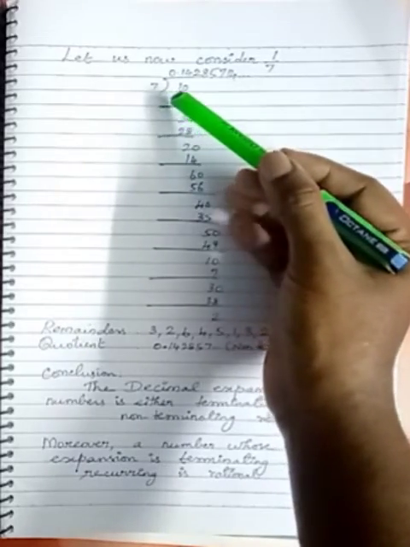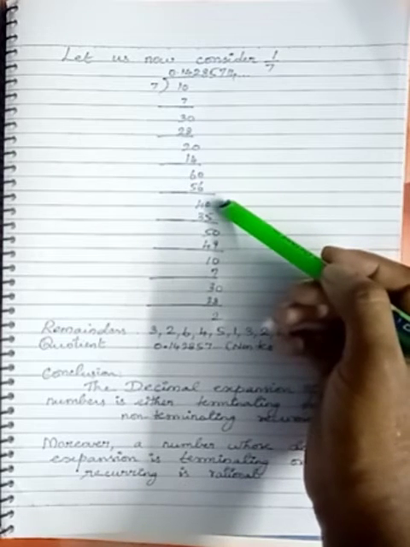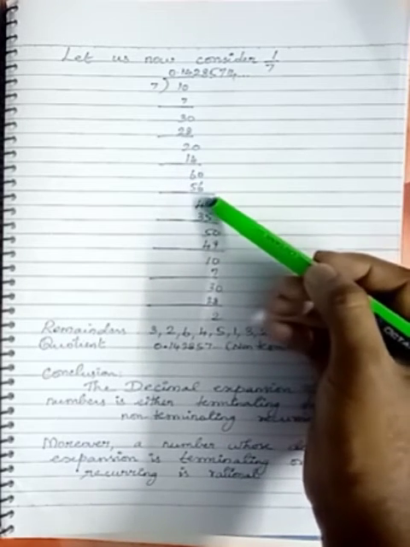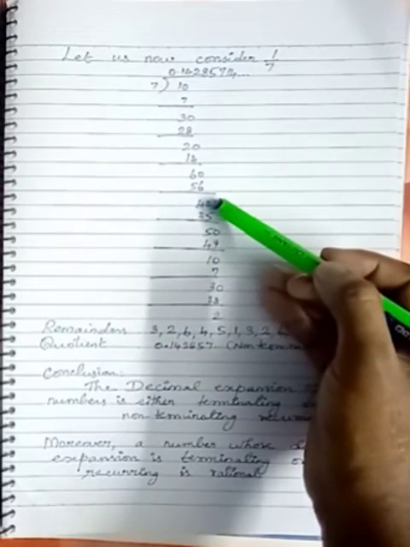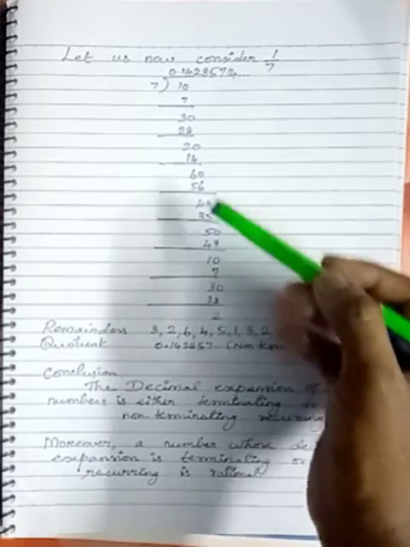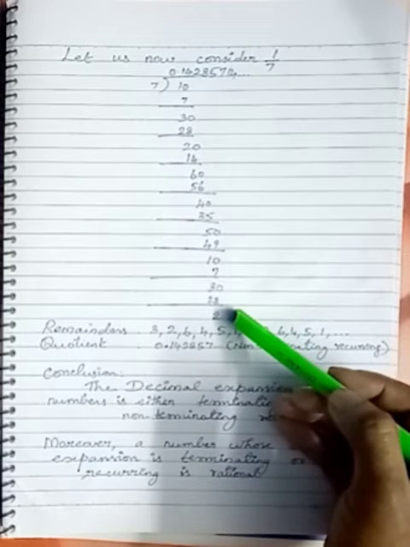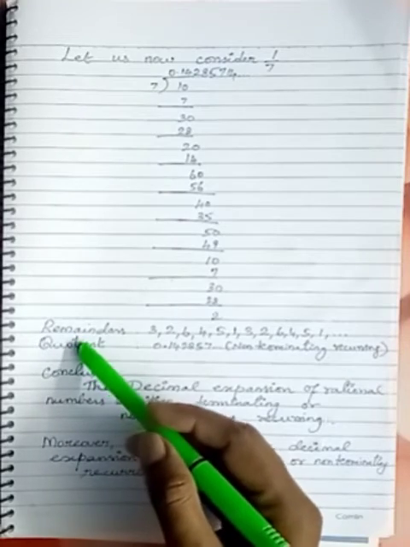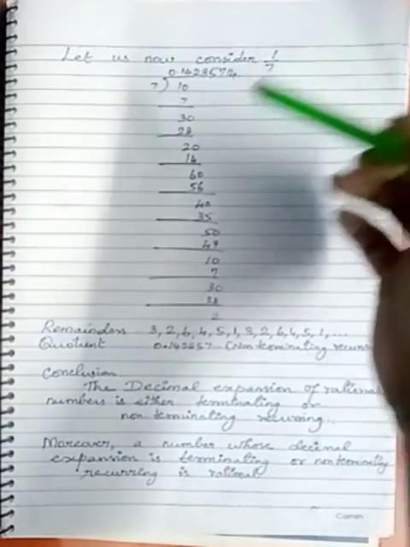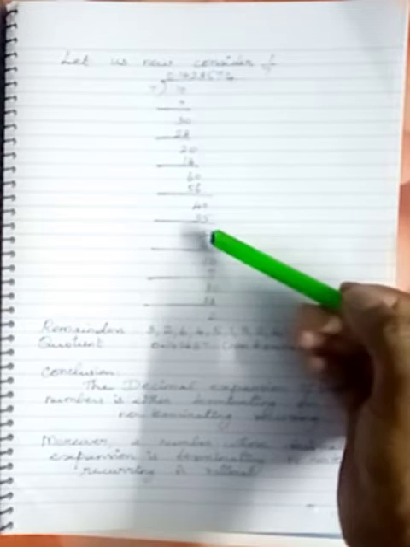So we are going to divide. 7 8s are 56. So 60 minus 56 is 4. Sorry, 60 minus 56 is 4. We are adding 0 at the unit place. So we have 40. Next 7 5s are 35. 40 minus 35 is 5. So we continue this process, but we never get a remainder 0. Now when we look at the remainders, what did we get? Initially we got 3, then 2, then 6, then 4, then 5, then 1. So the remainder is non-terminating, but it is going on repeatedly.